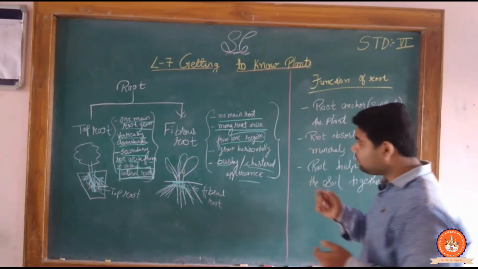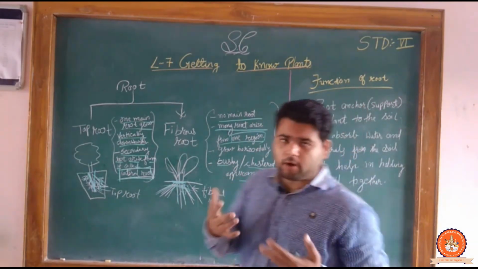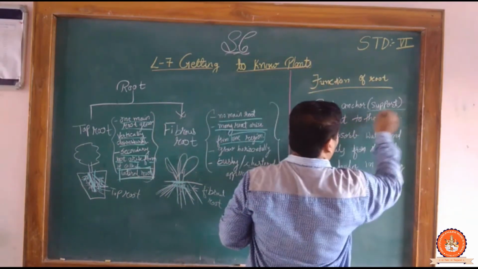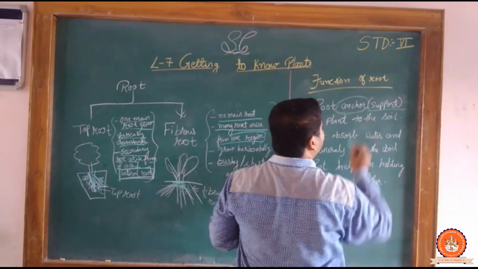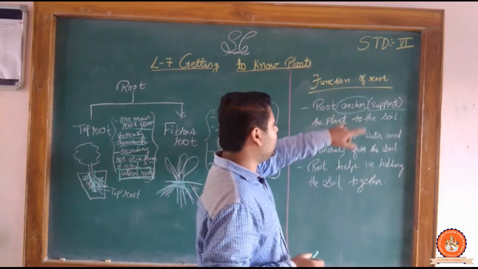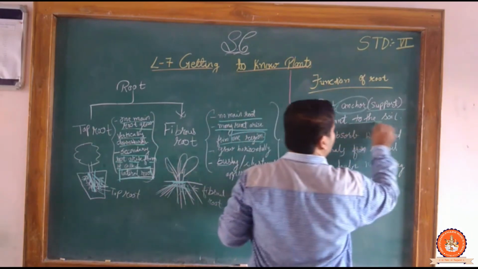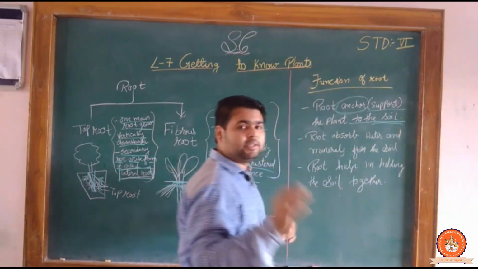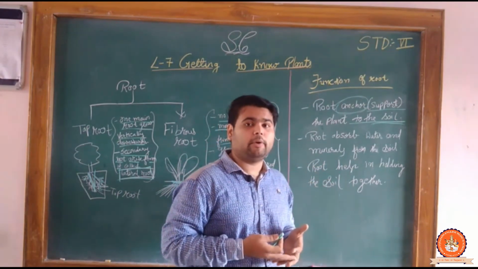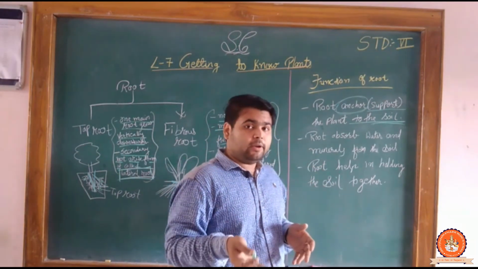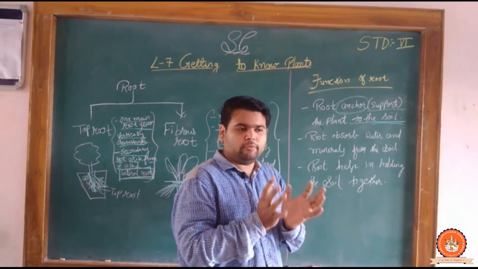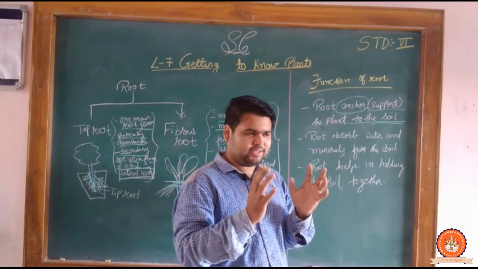Now, what is the function of the root? How are they working? So look here. The function of the root is that they are supporting. We can say scientifically it's an anchor. Clear? So they support the plant to the soil. They are supporting the plant to the soil with the help of the root. How are they supporting? How the modification happens, you can observe in my next video. Over there we can go through it photo wise and slide wise.